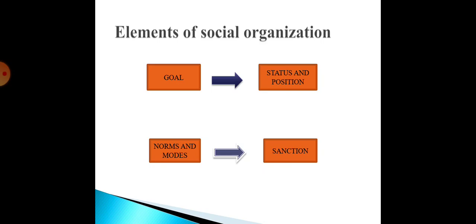If they are not following at any time, they will not be provided the grant, and it will apply to lecturers or any kind of students. If they do anything mischievous, if a member does not follow the norms, they will be compelled to follow them through the sanction. They will send a message to the institution that this kind of student is doing like this. Then the sanction will be warning, and physical punishment will be provided. Okay, this is about elements of the social organization.